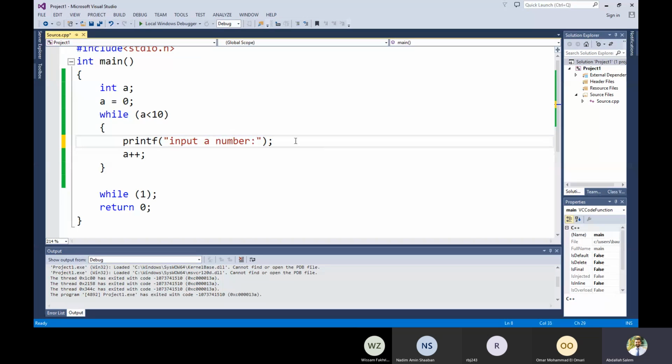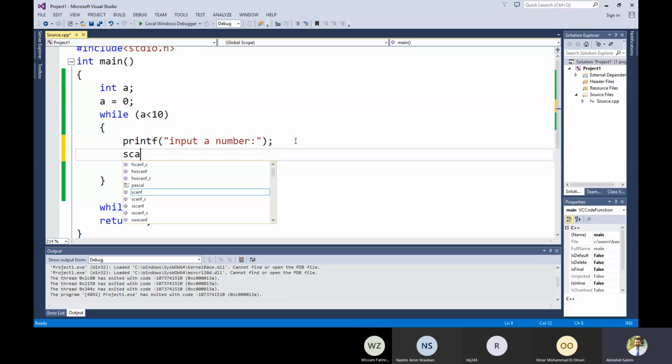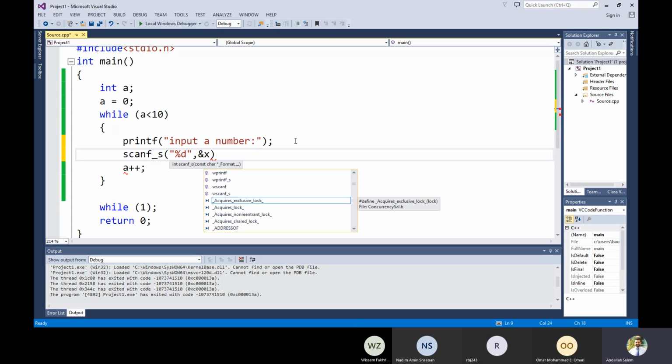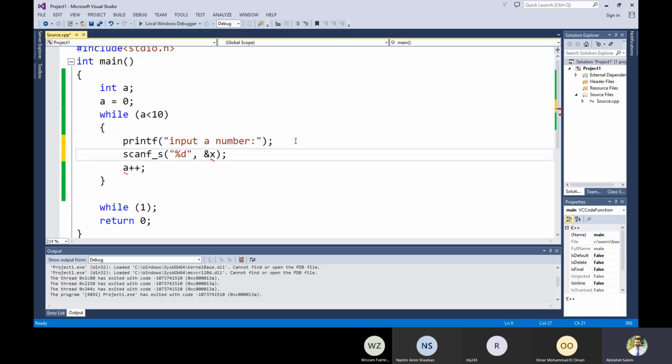To input a number, you will need a scanf statement. Suppose your number is an integer variable, for example x. Of course, you need to declare the variable x. We have these two statements to input a number, and you need to input 10 numbers